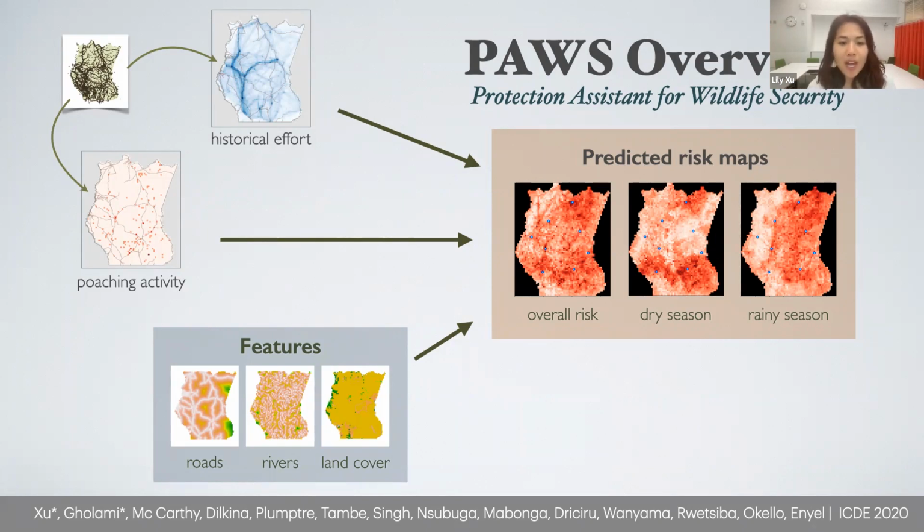So you'll also notice, for example, in the predictive maps that we have, some of the areas where we're predicting the highest poaching threat, such as the northeast corner, if you look at the historical effort, rangers haven't really been there at all, even in the course of those 6 years. So when we were first developing this, I looked at this and said, hey, we must be missing out on something. There must be something we're not adding into our model, because otherwise, why would rangers not be patrolling that northeast corner? So I asked the folks there, and they said, the reason we haven't been patrolling there is